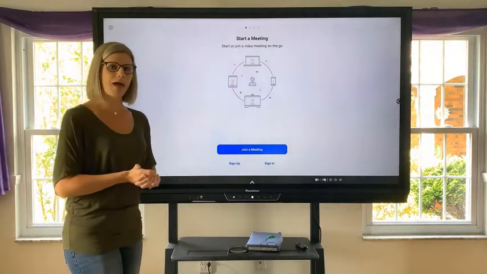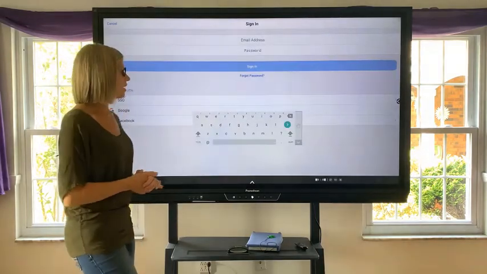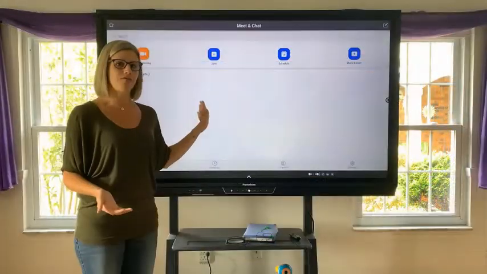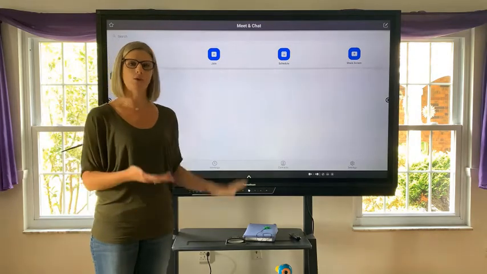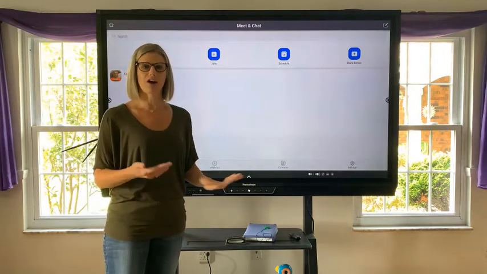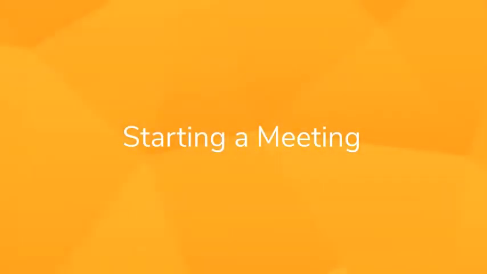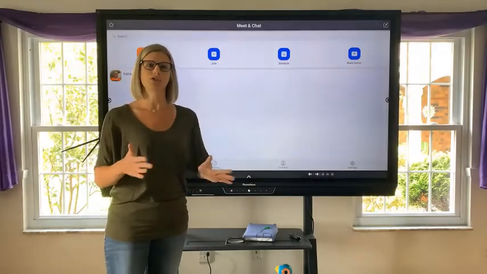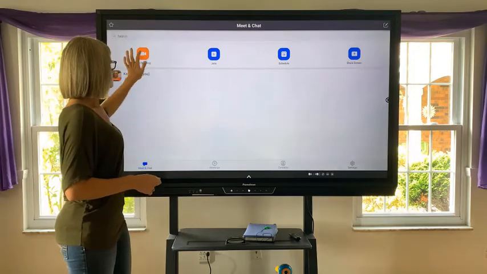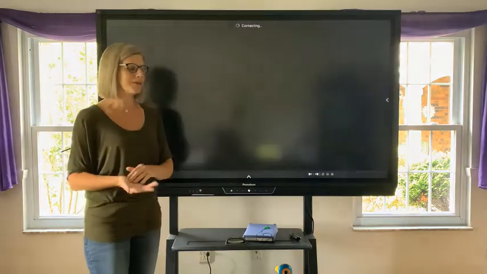Once we have the Zoom app installed and we open it, I'm going to sign into my account. Notice that I have all of my necessary information. So all of my scheduled meetings, I could start a meeting, I can see my whole calendar, and I'm ready to use my panel in with the Zoom app. So we're going to go ahead and start a meeting so I can show you how easy this is. So I'm going to start a meeting,